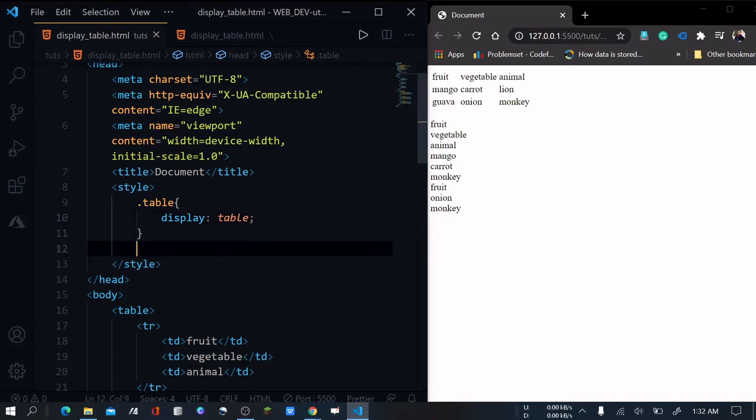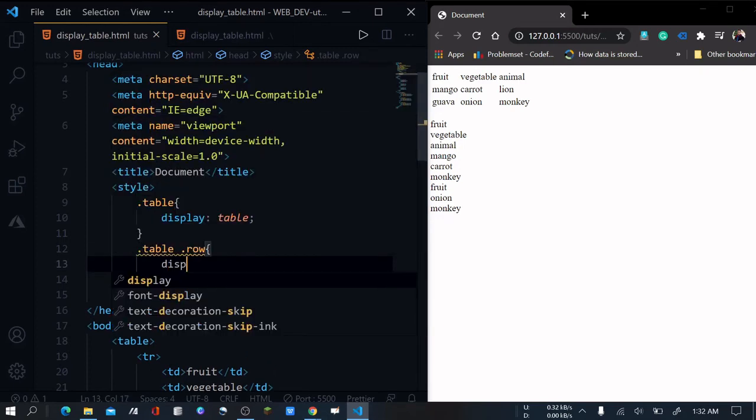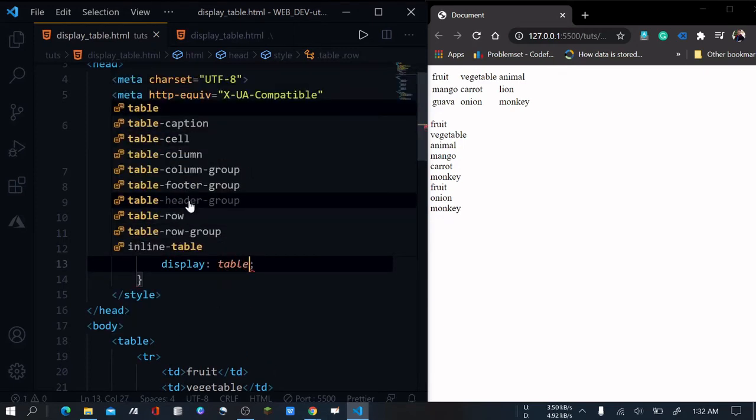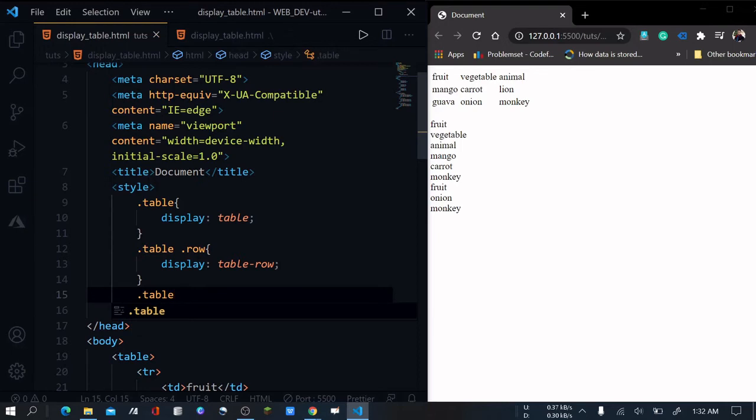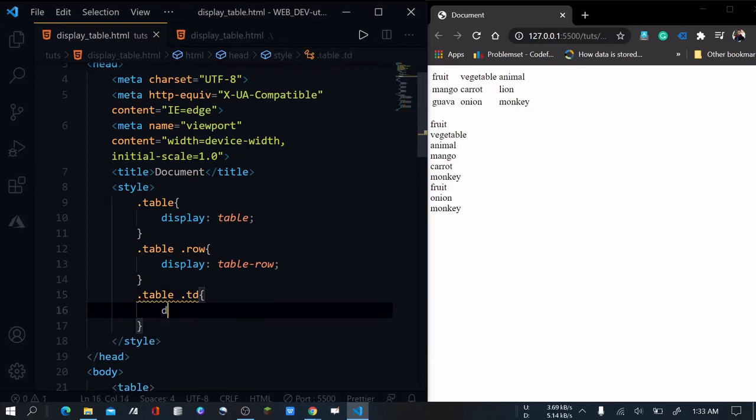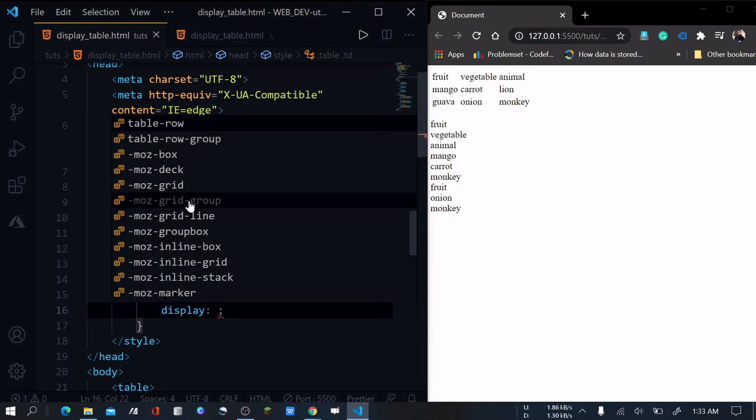Now inside the table class, I will call the row class and give it a display of table row. Then inside the table class and inside the row, I will call the td class and give it a display of table cell.